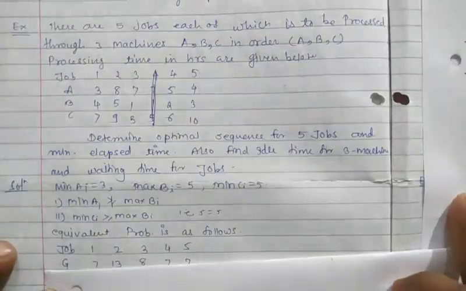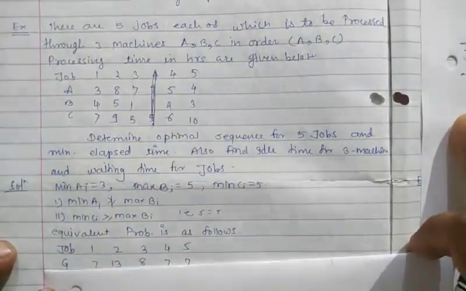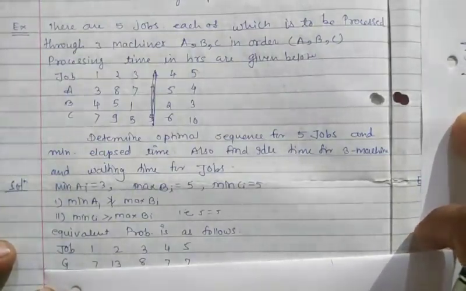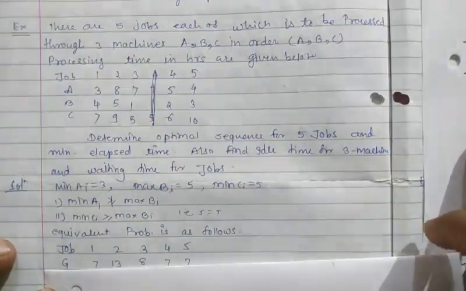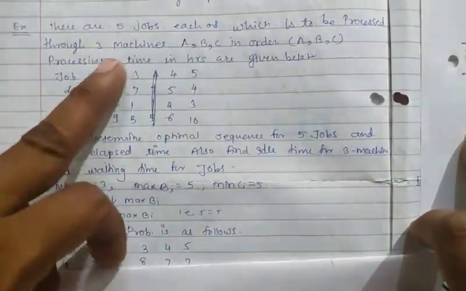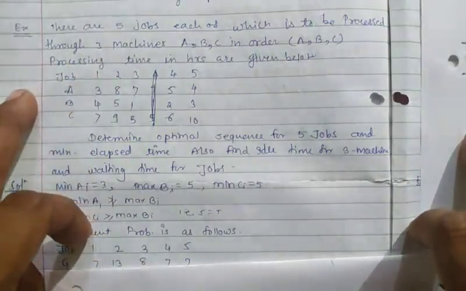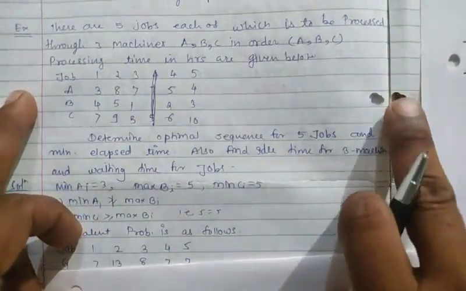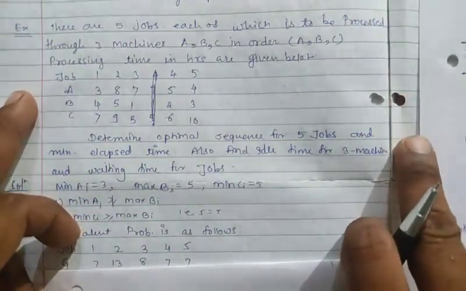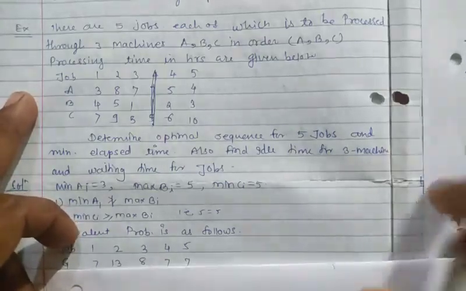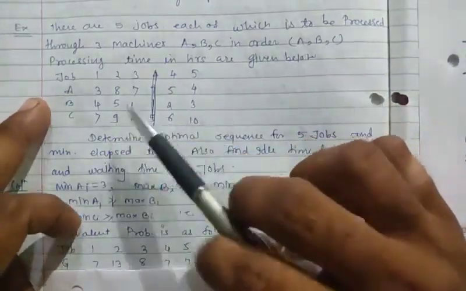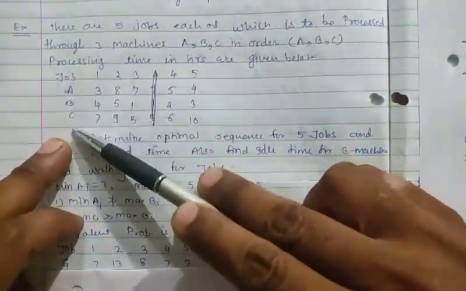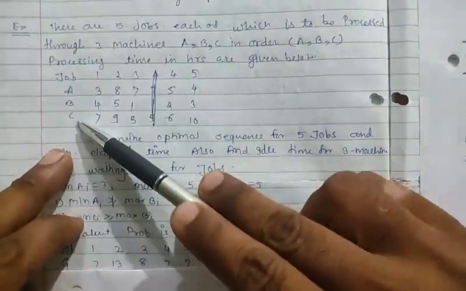Hello students, in this lecture we are going to see one more example for processing of n jobs through 3 machines. So this is the example. There are 5 jobs, each of which is to be processed through 3 machines, A, B, C, in order ABC. Processing times in hours are given below. So this is the total 5 jobs and these are 3 machines, machine A, machine B and machine C,